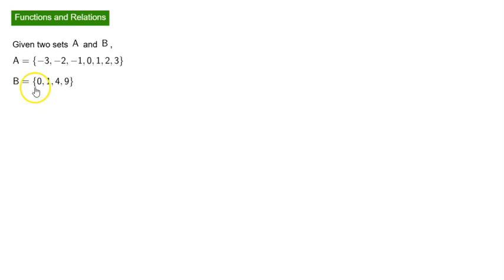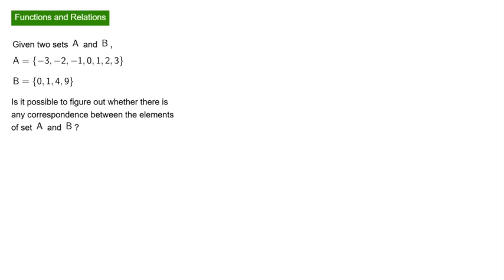Let us look at functions and relations. The same functions that we have been doing for the last around 75 sessions. Given two sets A and B, let's say A is the set containing -3, -2, -1, 0, 1, 2, 3, and B is equal to the set containing 0, 1, 4, 9. Now, is it possible to figure out whether there is any correspondence between the elements of set A and set